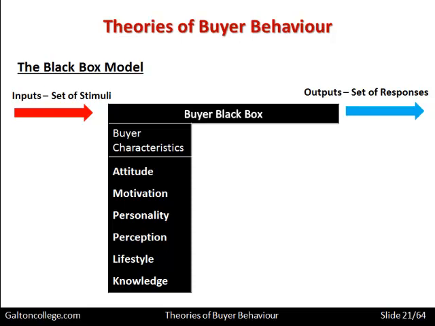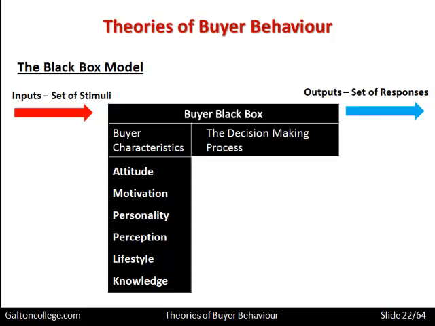So buyers are extremely complicated. And this is why we're talking about a black box. Just look at the list we've got here. It's difficult to be precise about any of these. We could just list them and we can talk about the different influences. But we live with this complication day in, day out. And we cope with this and we manage it. But it's very difficult for someone on the outside to predict our behavior because of the complexity of the type of processes that are going on, the type of characteristics that we possess and we're able to display.